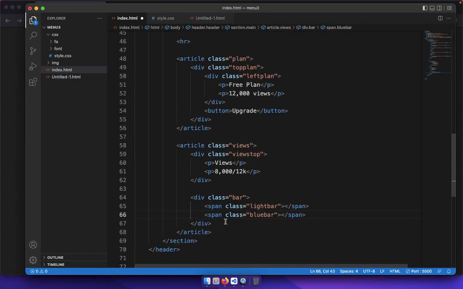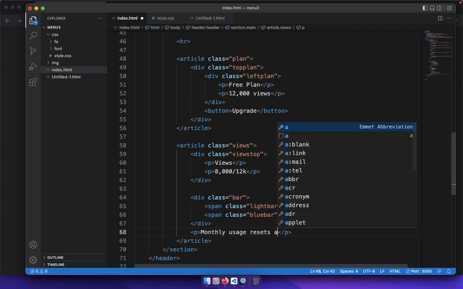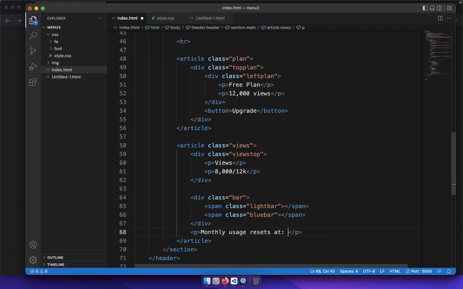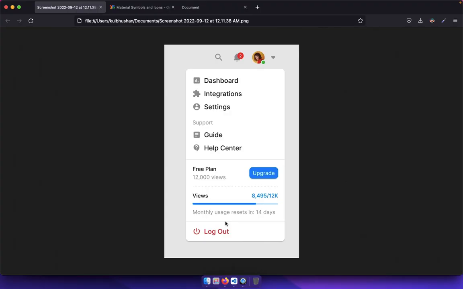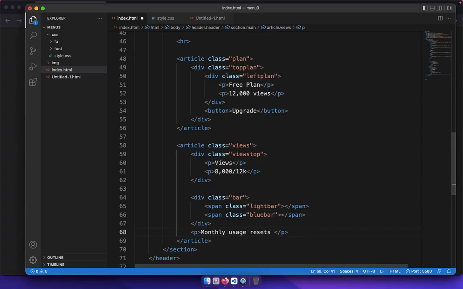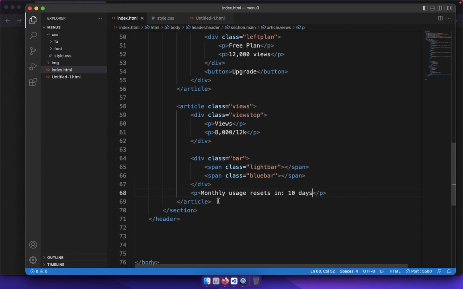After this, add a p element, monthly usage, resets in 10 days, just anything. After this article, create another article,